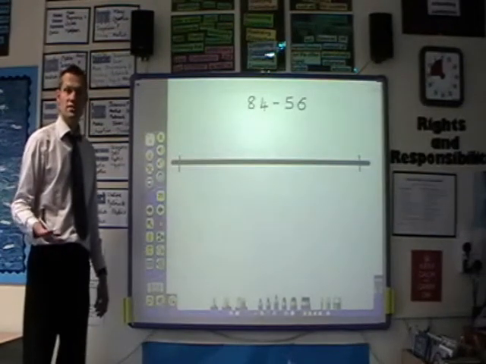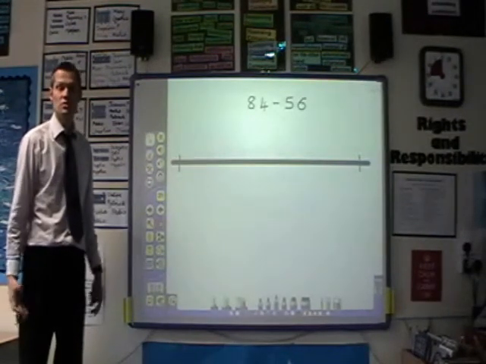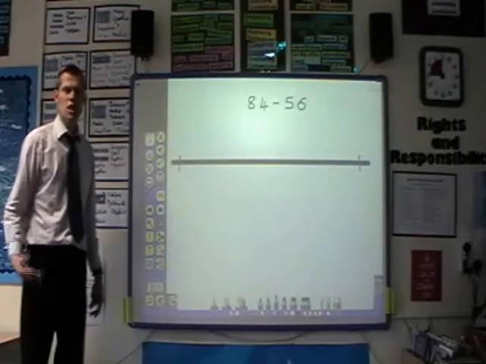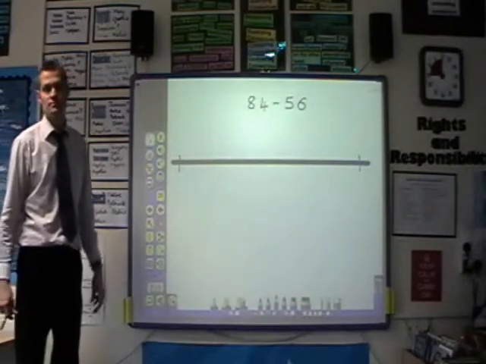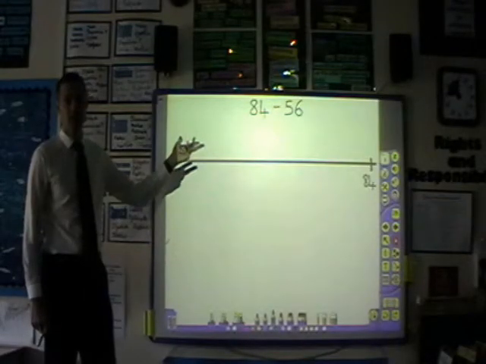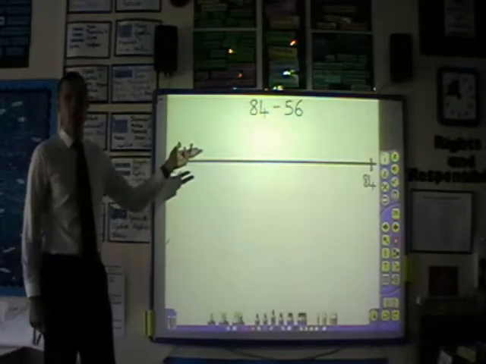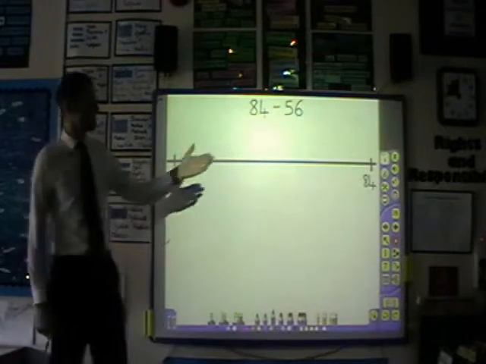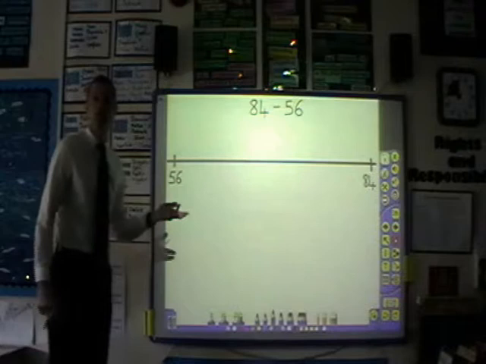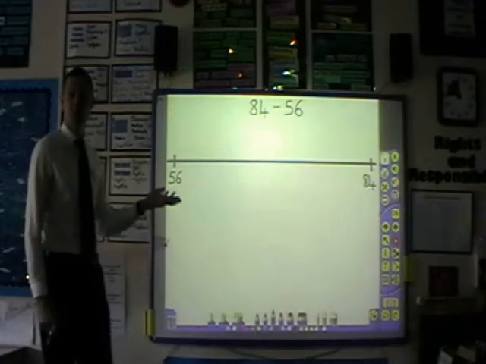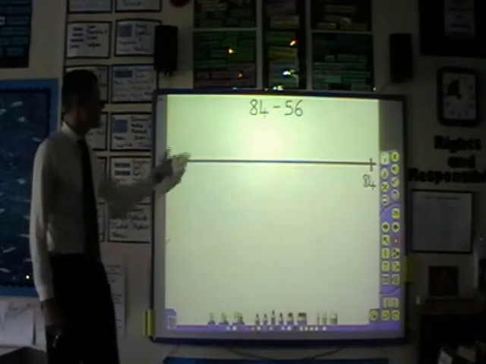Even at the early stages of Key Stage 2, we still encourage the children to use number lines, although they more often will have to draw them as they will involve larger numbers. So with the example of 84 take 56, the number line would start at 56 and end at 84. We would then ask the children to jump along the number line in manageable steps until they have counted on